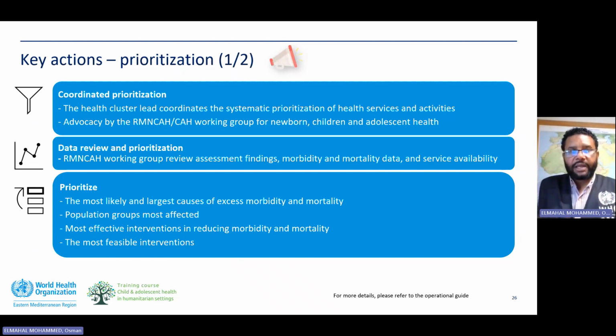Then we prioritize based on four elements that are considered in the guide to help the working group. The first one is the most likely and the largest cause of excess mortality and morbidity. What are the main causes of morbidity and mortality from this assessment? Then, what are the population groups most affected? From the assessment we did, we tried to pick up the most affected populations. Then we can come up with the most effective interventions for reducing morbidity and mortality, and then the feasibility. So these are the elements that need to be used in order to help the working group, along with the health cluster, to prioritize the